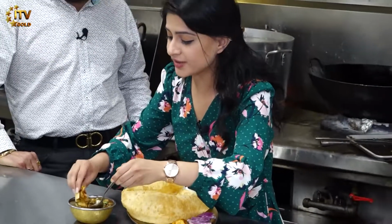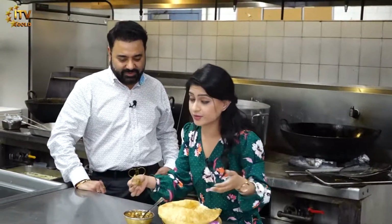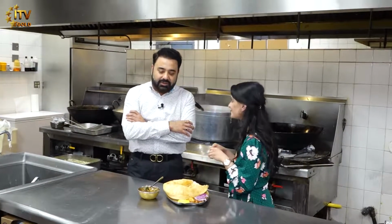If you do not know how to eat Indian food, you fold your bread. It has to go all the way in the curry, and you take a big bite, and I will enjoy this. There you go. Something I would like to tell the audience is that there are a few basic Indian dishes. Chana, a dal, which sound so simple, but as simple as they sound,